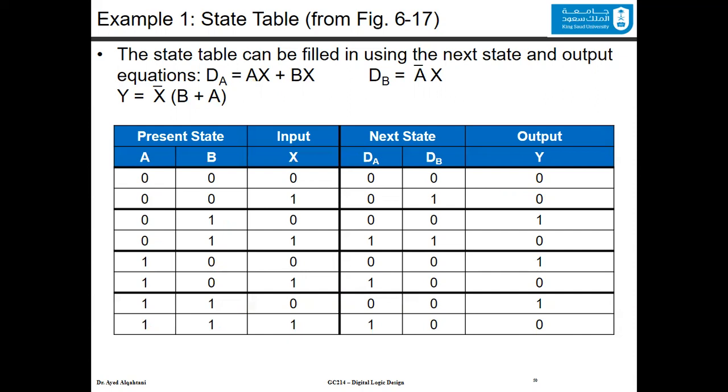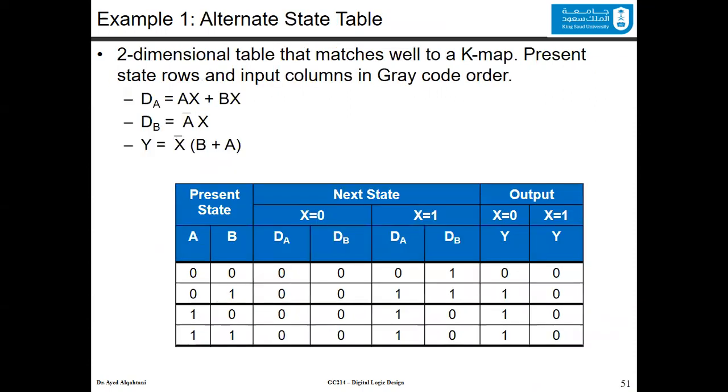I mentioned truth table, but in reality it's the state table. If it's a sequential circuit with the present state and the next state, then it is a state table. Sometimes you will see many people also call it a truth table because it behaves the same way. Another way of saying the same thing: